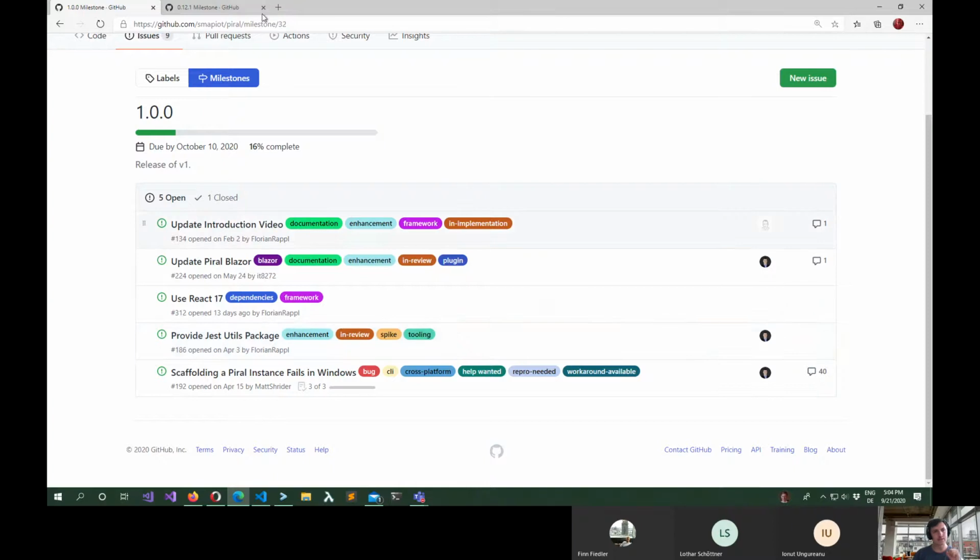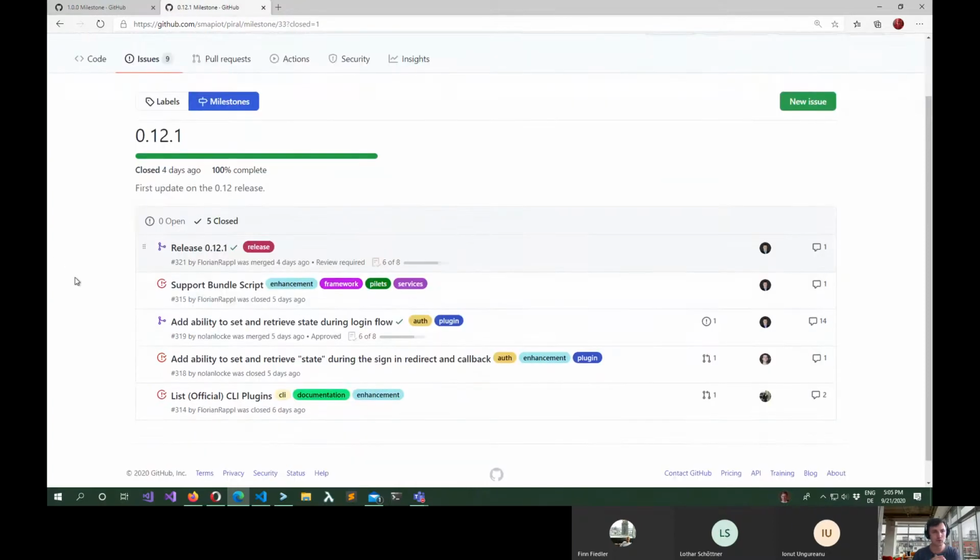What we did is that we released a new patch for the 0.12 version last week. It was only small things. The most important ones were that the bundle script that I'm about to demo is now in there already, fully tested, should work. And as we will see, this highly depends, of course, on the backend implementation, but front-end side covered. And besides some further enhancements on the documentation page, we got a patch out for the Piral OIDC plugin,